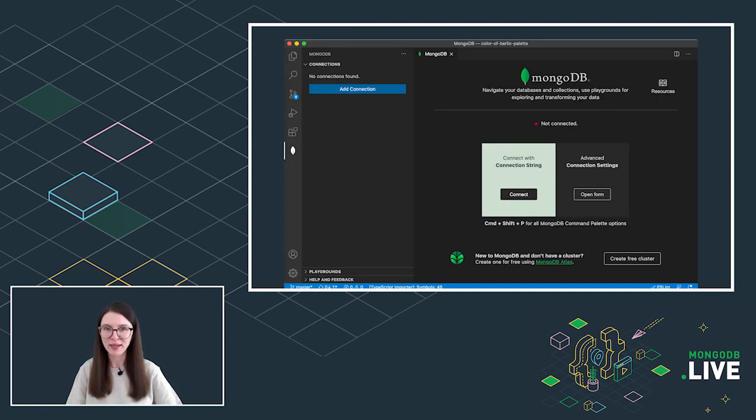First of all, you need to connect to a cluster. You can do it from the saved connections on the sidebar if you have any, from the connection form where you should manually specify the connection options, or using a connection string. That is my favorite way to connect to MongoDB.